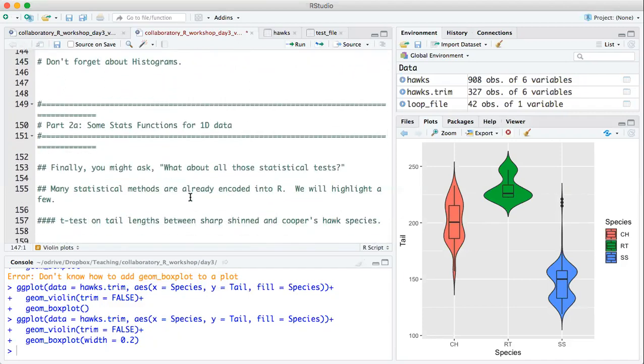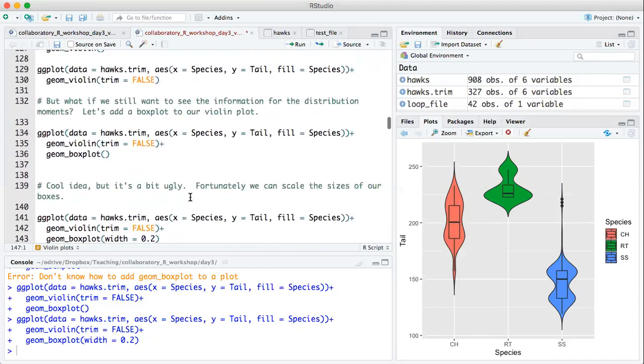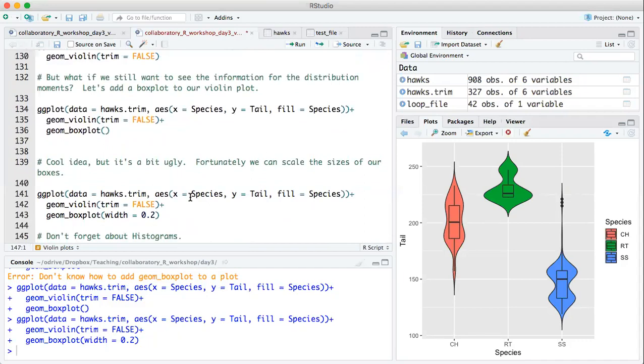Sorry, when you say trim equal to false, what do you say to R? What do you want from R? Like, what is this doing? So see how these tails for these distributions come down to a point. If I remove the trim equals false command entirely, let's do it from this one,